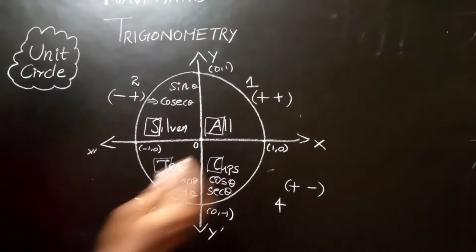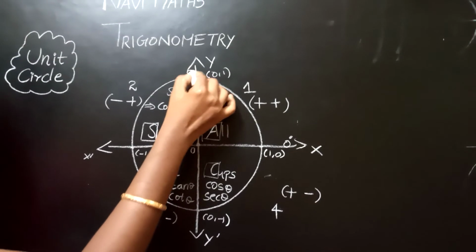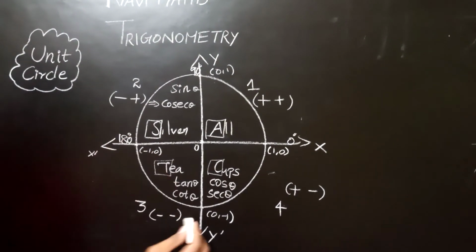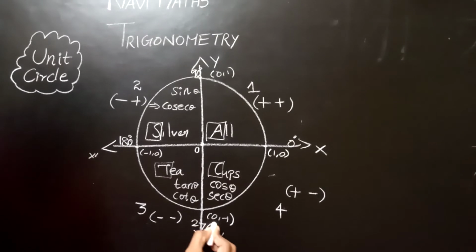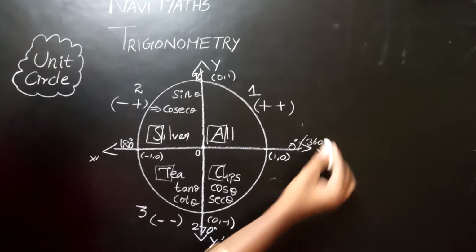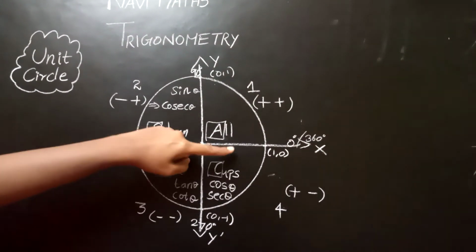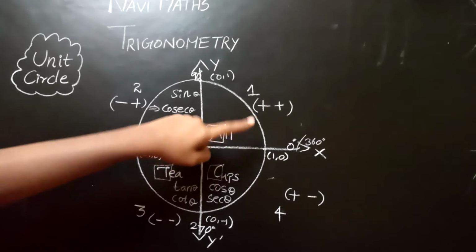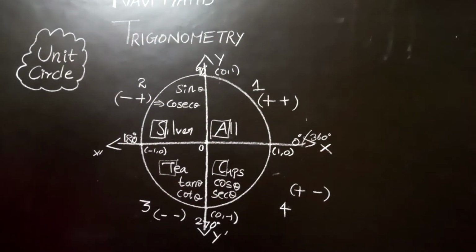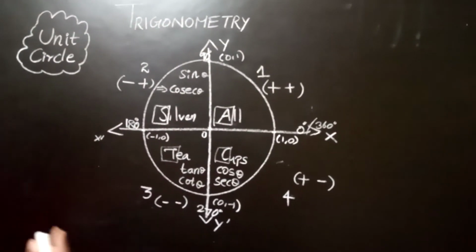And one more thing, this is your 0 degree, this is your 90, this is your 180, this is your 270 and this is your 360. 0 and 360 will come in the same place because 360 is a complete angle. Again 370 will come in the first quadrant only, and it will be added like this. Again 720 will be the complete angle. Now before learning the angles, we have to understand one thing.